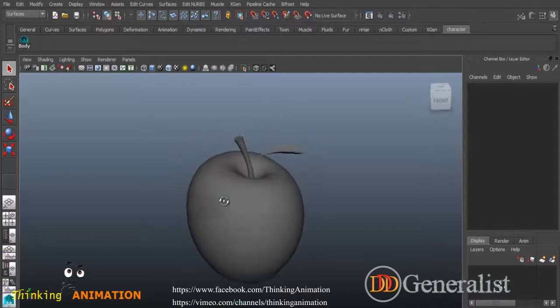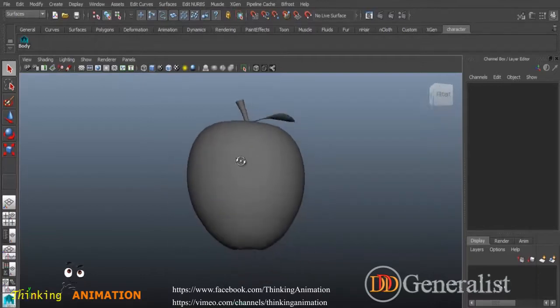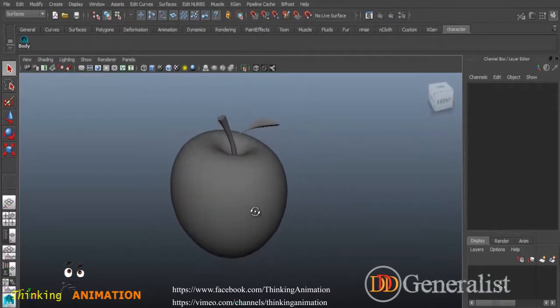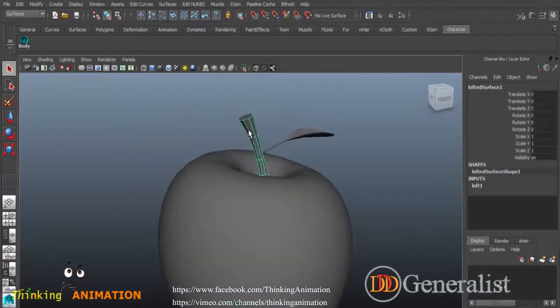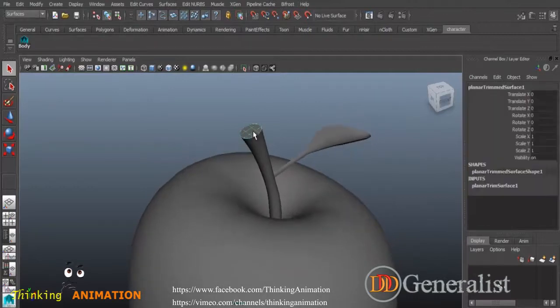This would not be more believable as an apple's texture, but the thing is that I'm going to give you an overview of procedural texturing. How can you go and create a procedural texture inside Maya? The first basic thing that you have to keep in mind is that I'm going to start this character with a few things. First of all, as we have a stem here and it has been modeled in two pieces,